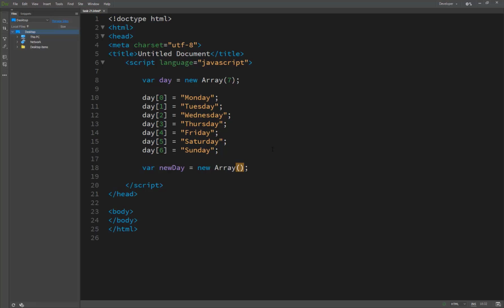We are just passing here the values separated by commas, like Monday, Tuesday, Wednesday, and so on until Sunday. So we are just creating here, and both these techniques are the same, and both are working perfectly inside the array we are populating.